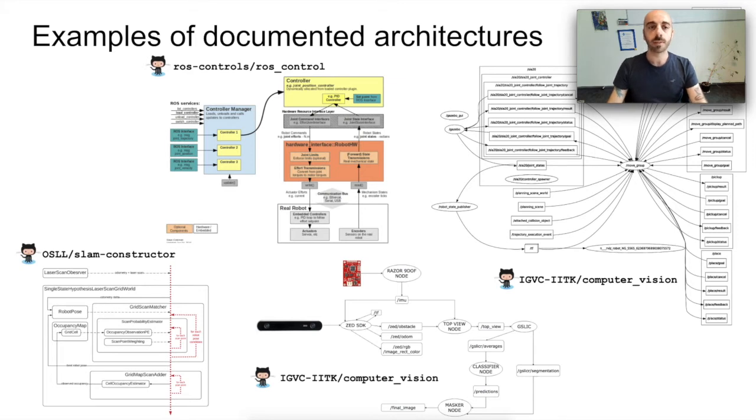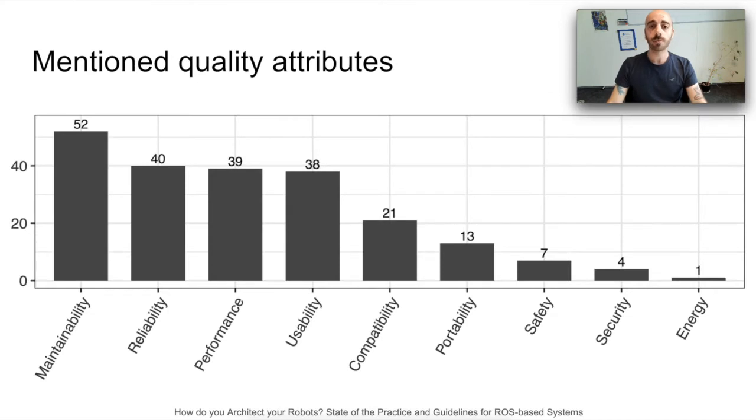Here we can see some examples of documented architectures, and we can see that some of them are based on simple box and line notations. We can have some layered notations, but we can also see what in ROS is called the computational graph. Interestingly, the computational graph is automatically constructed out of a running system. In terms of quality attributes, we can see that maintainability is the most frequent one, followed by reliability, performance, usability,